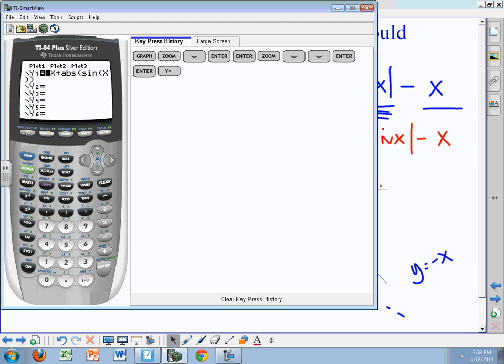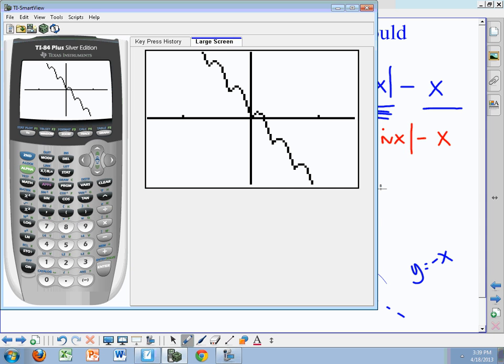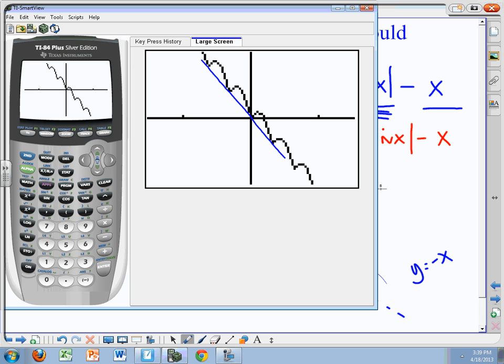Let's go back to the y, and let's just insert, let's see, we'll insert a 2 right there. That looks good, and let's see if that helps our graph. There we go. And it looks like we've been able to take care of business there. It looks like the graph shows coming down, and then if you look at this line right here, that's our y equals x, y equals negative x line. Now we would have to trace this one to see if that value is close to what it is on our other graph. But the nice part about this is that it has given us an approximate graph,